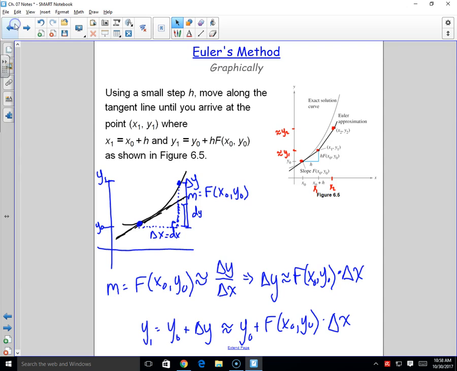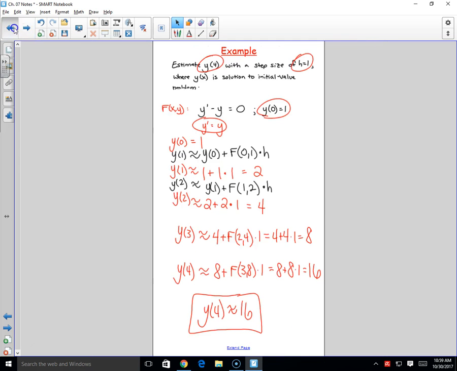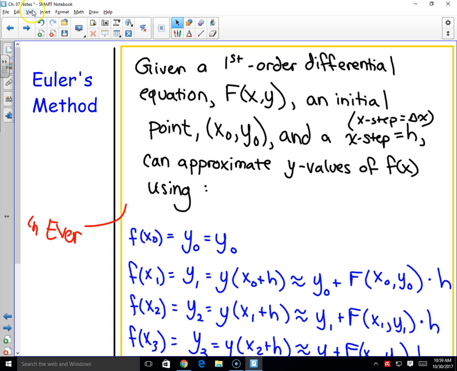Yeah. In the beginning of our notes for this section, which was, I think, 7.1b, I talked about what you need to be given. You need to be given some sort of starting point, some starting x and some starting y, a point of tangency, an original point. And then you need to be given some sort of differential equation, which they could say as little f prime, or they could also say as capital F of x, y. I guess they could also call it like capital D for differential equation. Anyway, they have to give you some sort of differential equation that will help you with the slopes, and then they have to give you some sort of clue about step size, but they will also need to somehow show or explain or state when to stop, which usually they won't say